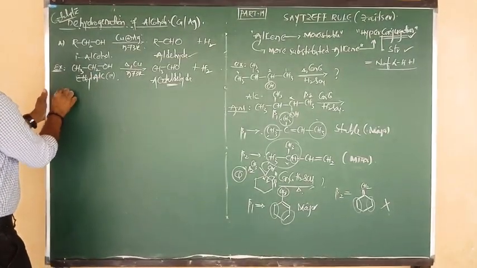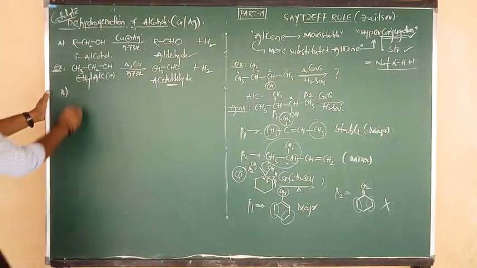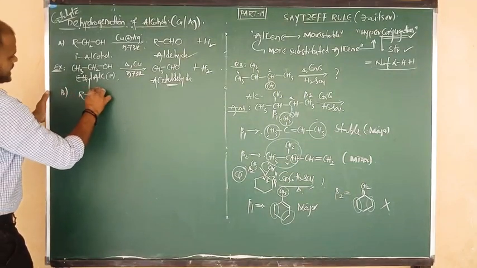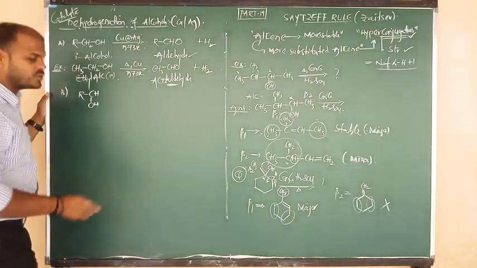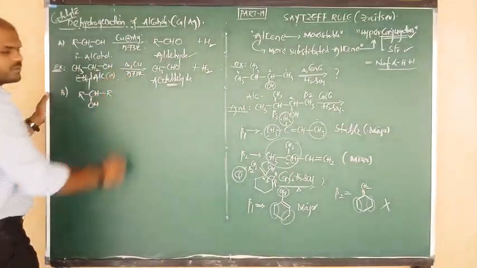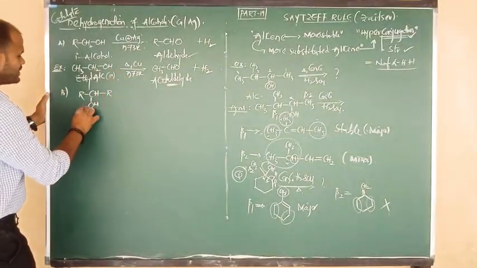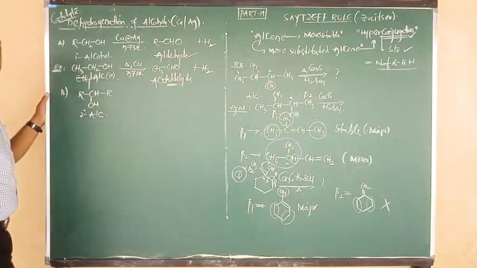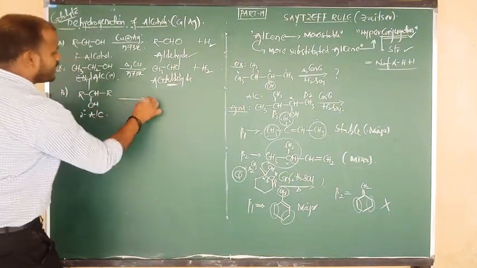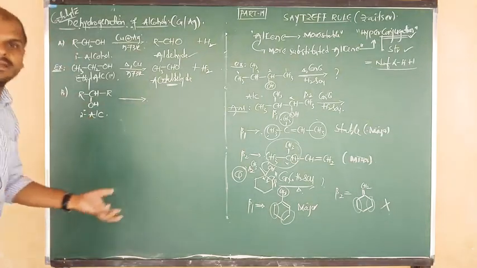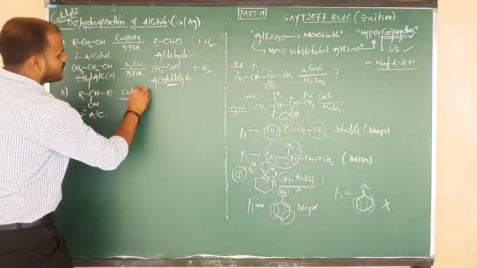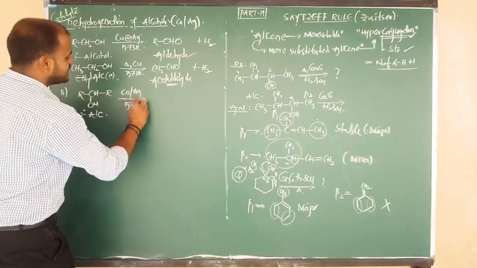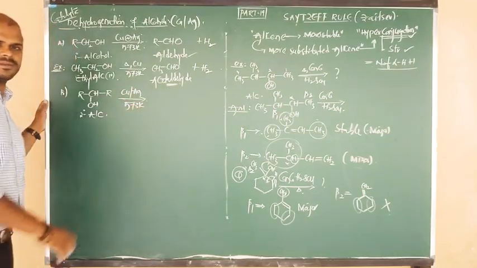And next I am going to discuss another topic with you. R bonded to CH, and suppose the CH is connected below the plane to an OH group. Again it is connected to R. Which alcohol is this? This is nothing but a secondary alcohol. Now that secondary alcohol, or we can say vapors of secondary alcohol, is passed over the hot copper or silver at a temperature of 573 Kelvin.